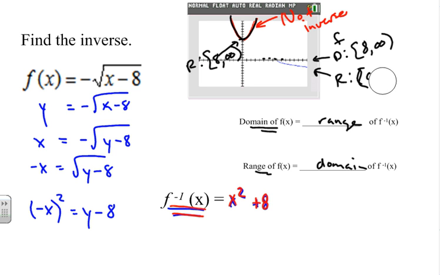So actually, we should rewrite this as negative infinity to 0. Let me start with the lesser number first. Negative infinity to 0, because we are looking at the range starting at negative infinity and going to 0, and that's where we're seeing our range. Okay, well, if this is our range of our function, then according to what we talked about before, this right here then